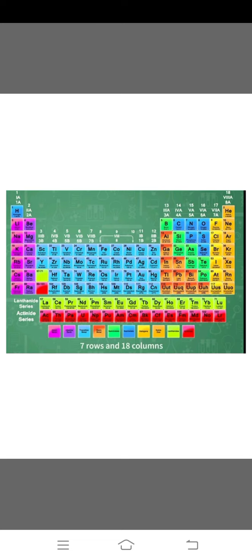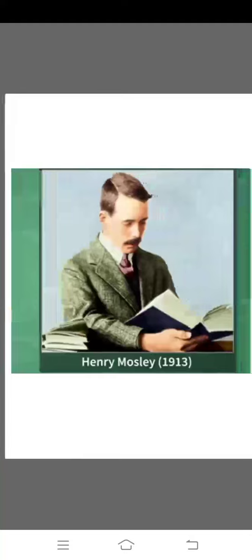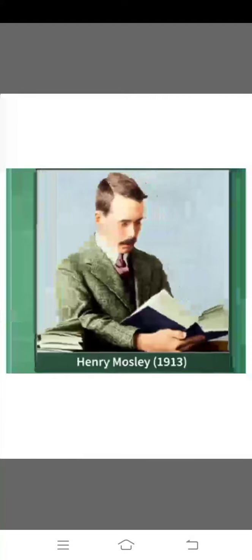Today, I am going to explain to you about the modern periodic table. As we know, so many attempts at classification of elements have failed. Then, in 1913, an English physicist, Henry Moseley, found that the fundamental property of an element is not atomic mass,